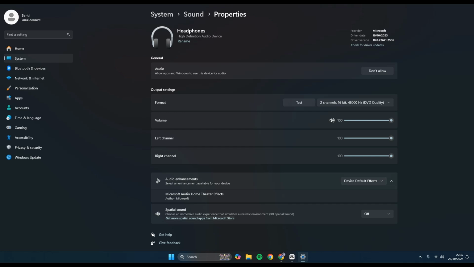So you can choose an immersive audio experience that simulates realistic environments, 3D spatial sound. But this spatial sound provided in here is also based on your headphones and everything. And here you can also get more spatial sound apps on the Microsoft Store. So I'm going to change it by clicking on this drop down into the Windows